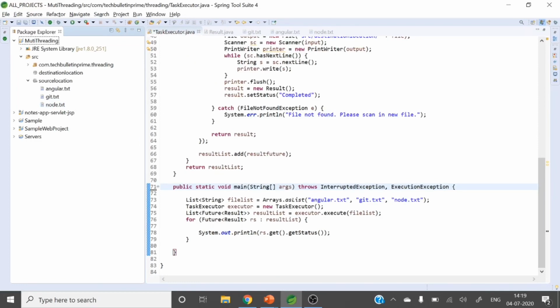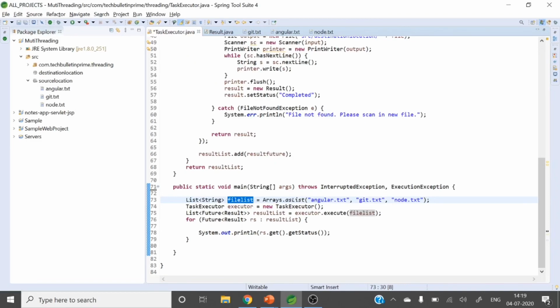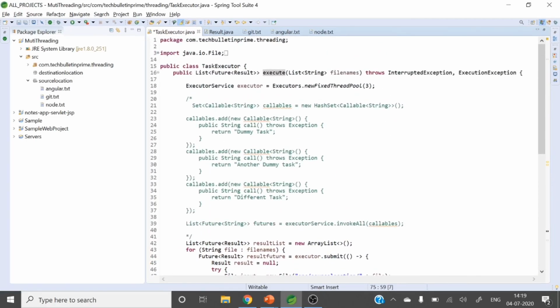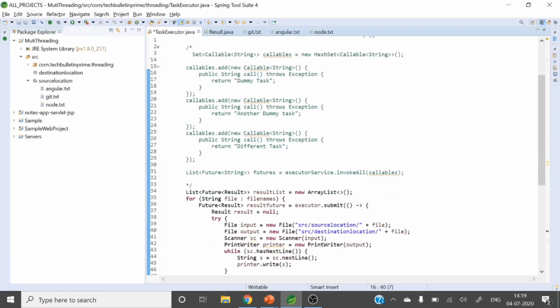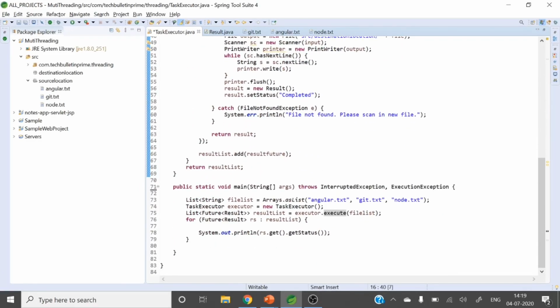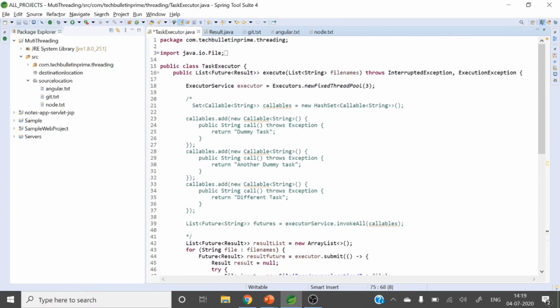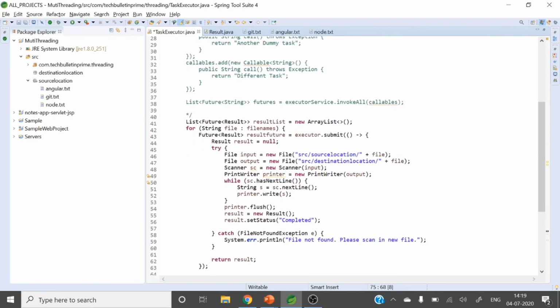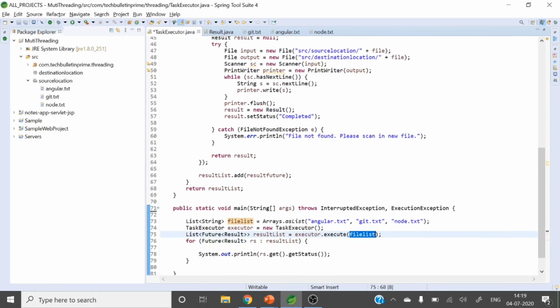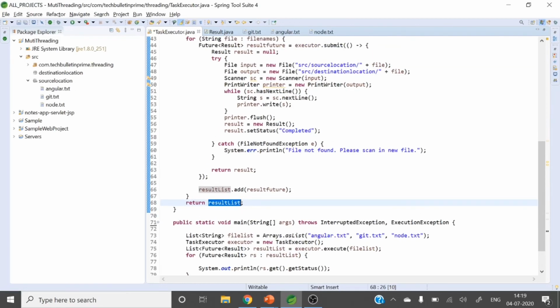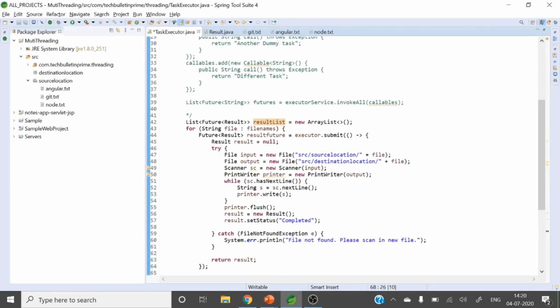So I am preparing a list which contains these 3 file names, and I am passing this list to this execute method in the TaskExecutor class. As I have already explained, after receiving these files, it will execute this method, and from here it will return the list of future objects.